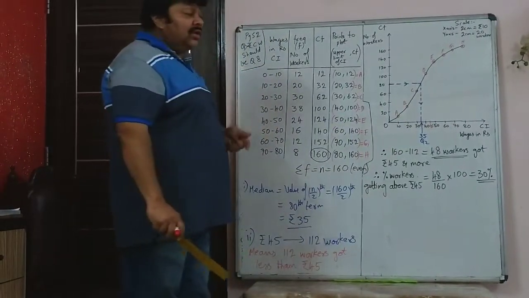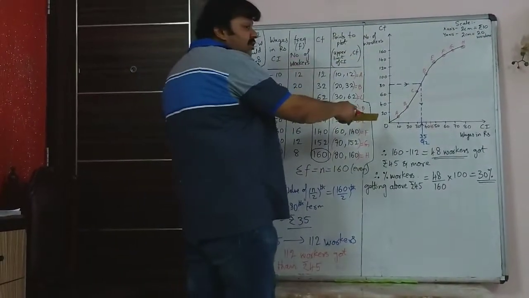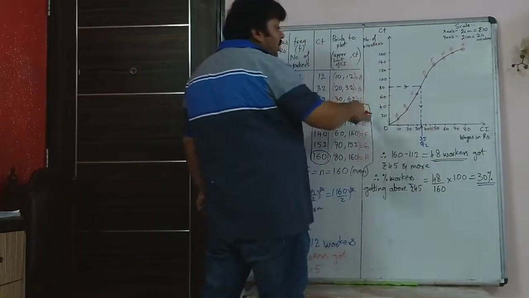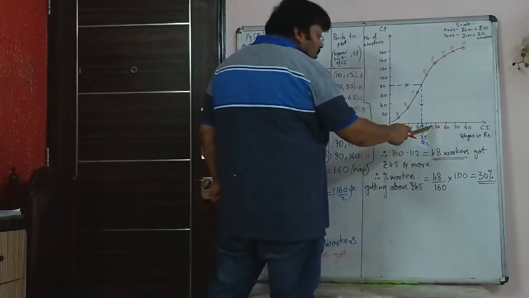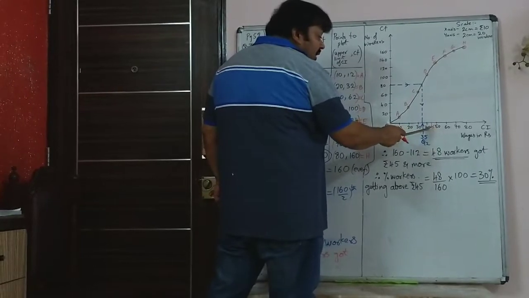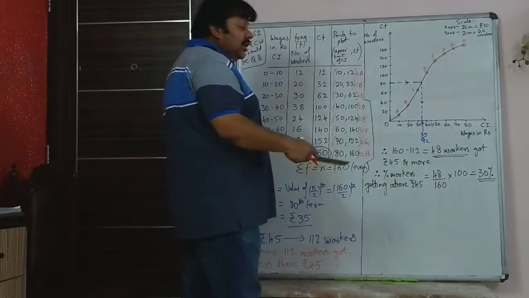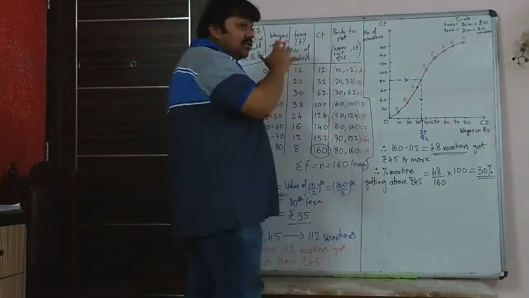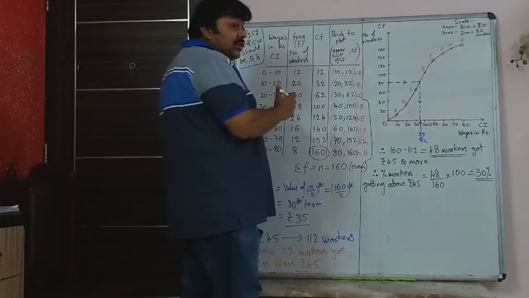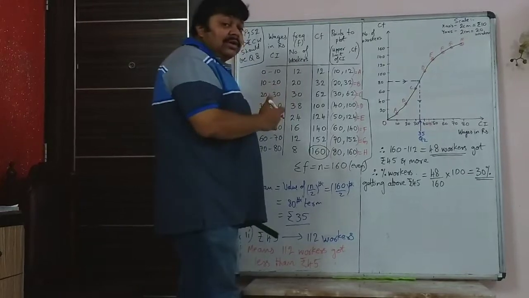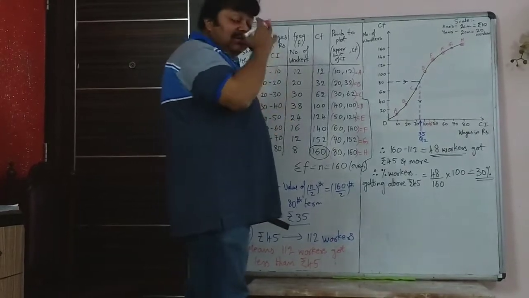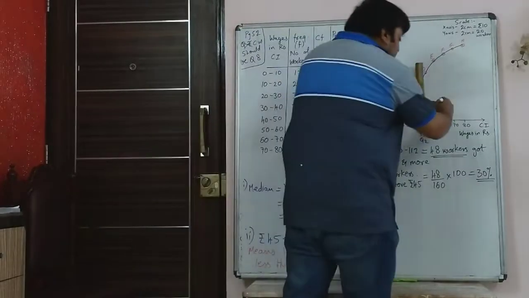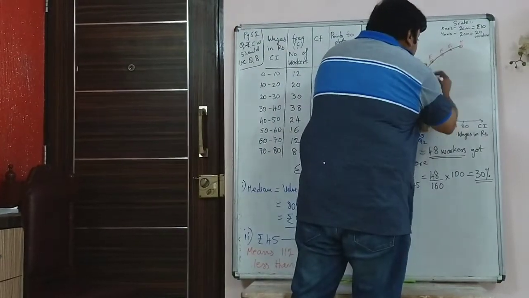Where is rupees 45? Y-axis is workers, x-axis is rupees. So don't look here. You have to look, rupee 45 is here, exactly between 40 and 50. Just think about it. When you do the first graph, don't just plot the graph and finish it off. Think and understand what you're doing. So 45 exactly between 40 and 50.